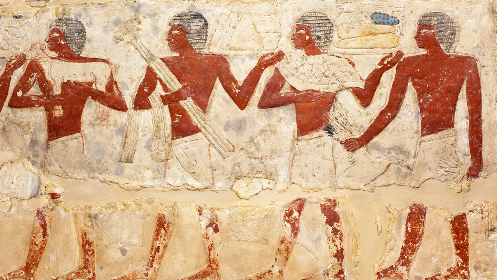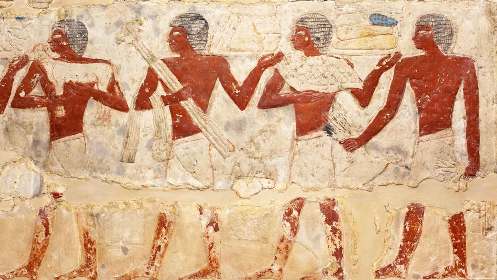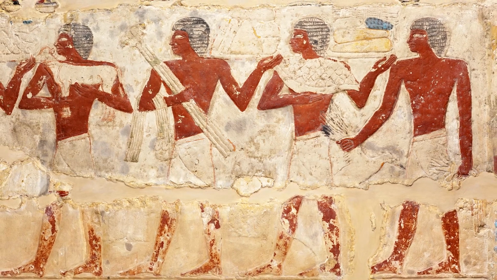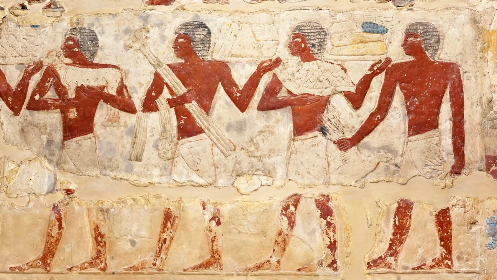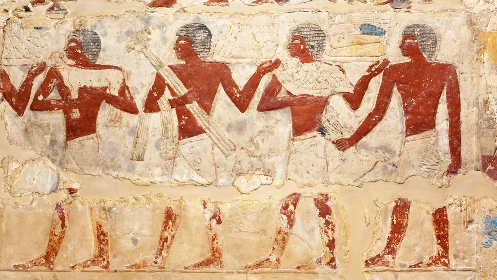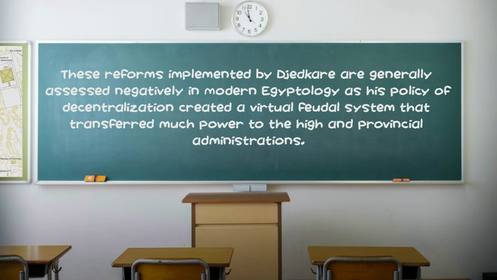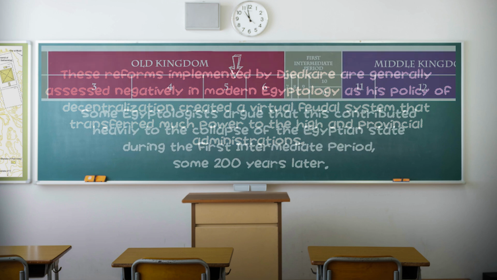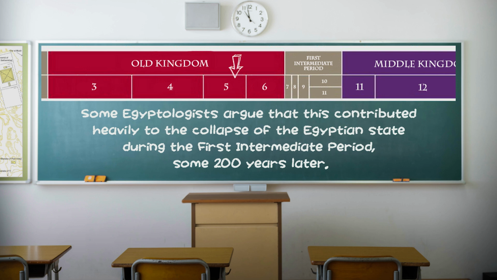More significantly, Djedkare effected comprehensive reforms of the Egyptian state administration, the first undertaken since the inception of the system of ranking titles. These reforms implemented by Djedkare are generally assessed negatively in modern Egyptology, as his policy of decentralization created a virtual feudal system that transferred much power to the high and provincial administrations. Some Egyptologists argue that this contributed heavily to the collapse of the Egyptian state during the First Intermediate Period, some